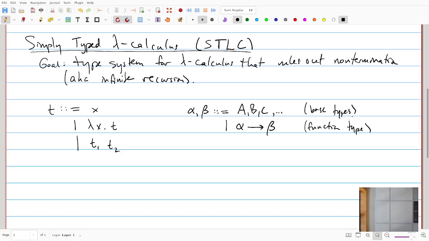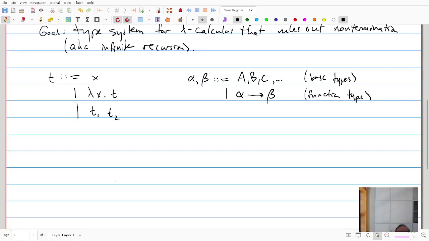And so what I want to do is, we're going to make some rules that say what type each kind of term has. So if I have a lambda, what type is it? If I've got an application, what type is it? How do I decide what type it is? And I want to see if you all can figure this out, if we can figure it out together, and definitely use everything that you've learned about Haskell to help, right? This is going to end up being very, very similar to what Haskell already does, right? How these types are in Haskell. So